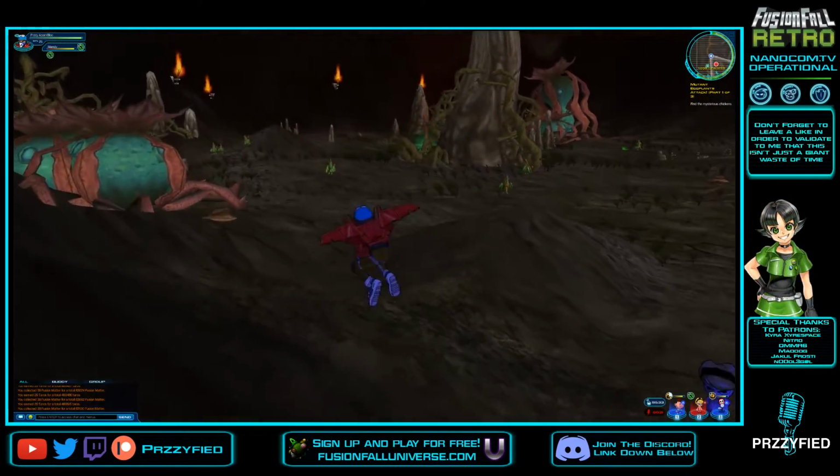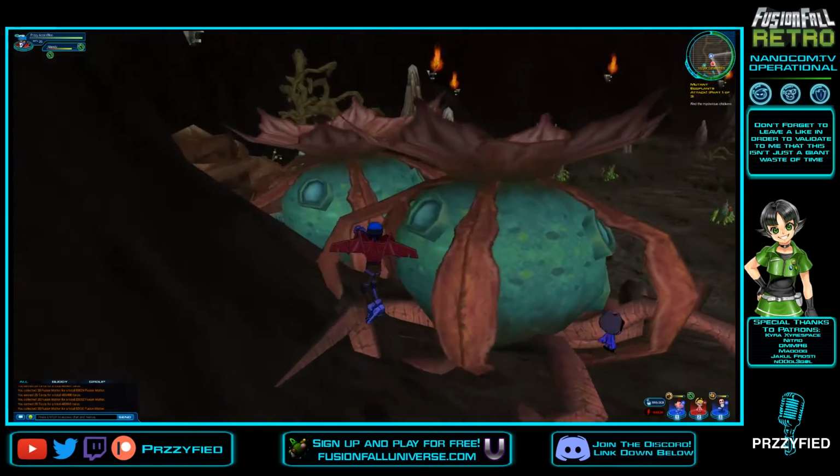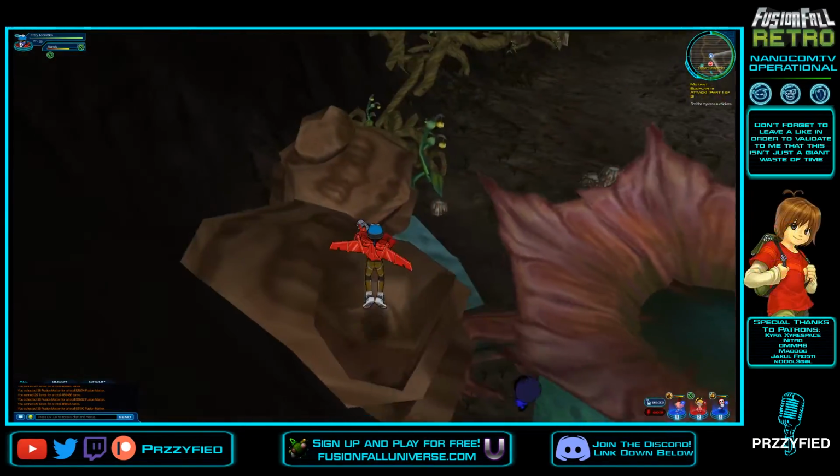Okay, so we found the fusion chickens that they want us to fight. I believe they are level 26. The foul freaks, yes, they are. So I want to try to get over to the waypoint without...